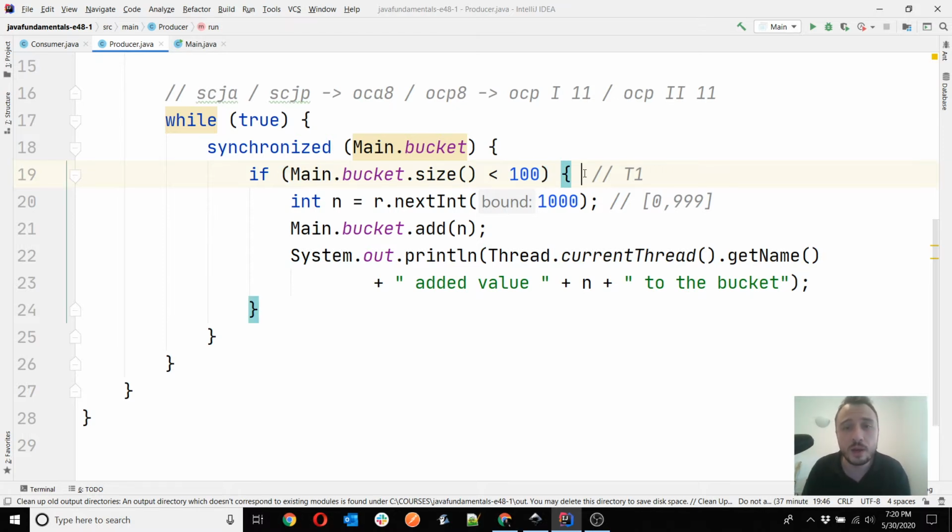If a producer finds out that there are already 100 elements and it cannot add one more element to the list, then instead of remaining there continuously testing the same condition, which will never ever get through if no consumer gets onto the stage, we'll actually have it wait to let another thread go onto the stage.